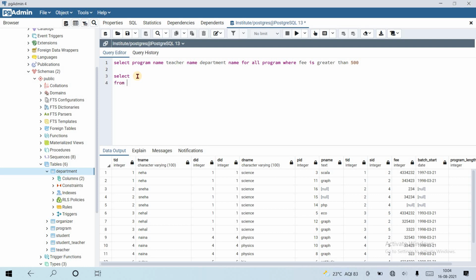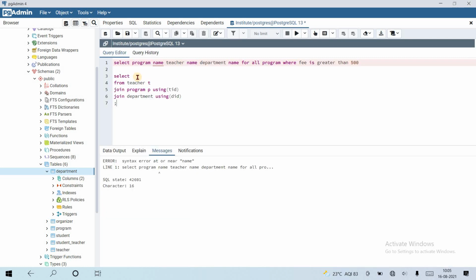From teacher as T inner join, or you can use just join, program as P using the common column TID, and next join department using the common column DID. Now let's run the query.